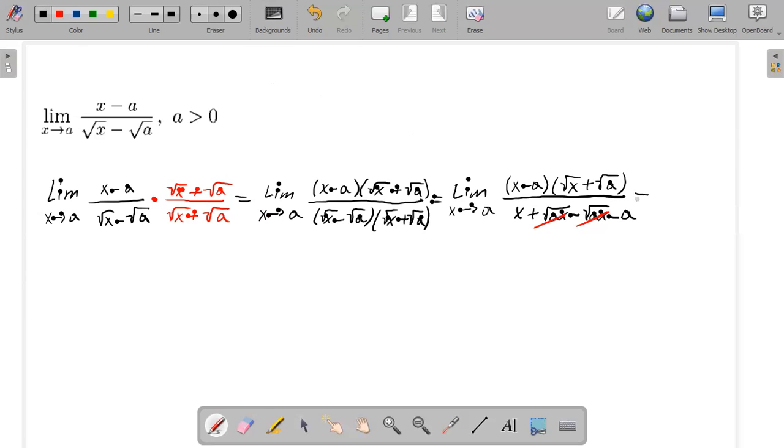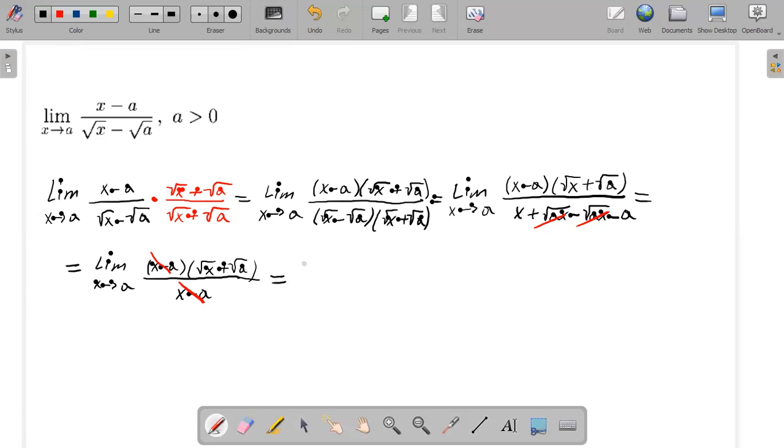Next, the simplified form will be the limit as x approaches a, the numerator is the quantity x minus a times square root of x plus square root of a, and the denominator will be x minus a. And you can see here the numerator and denominator have the same factor, x minus a, so they can be cancelled, right? Then